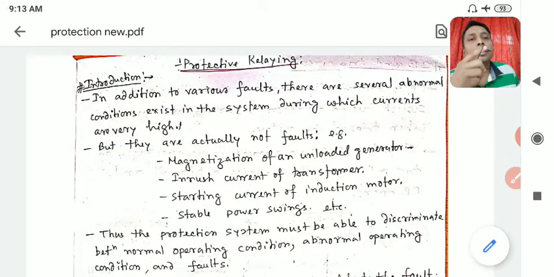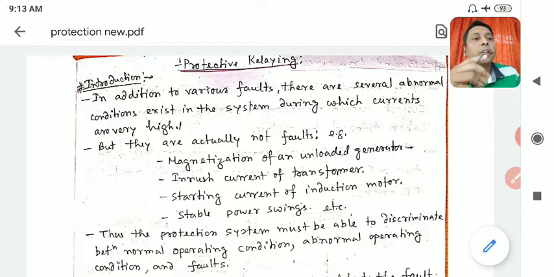If you refer to our first lecture, where we discussed different types of faults: there are shunt faults, series faults, symmetrical faults, unsymmetrical faults. These faults generally occur due to a conductor touching the ground or another conductor, due to any number of reasons: conductor snapping, tree falling, or insulation failures. Due to these, faults occur anywhere in a system, not only in a transmission line, but in a generator, motor, or transformer also.